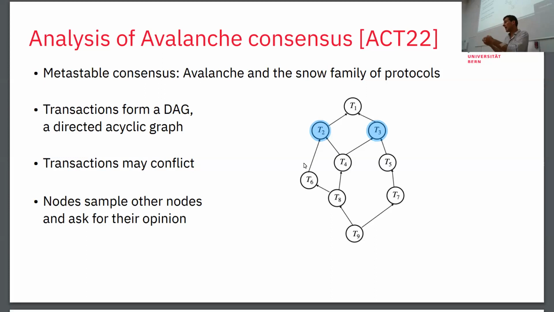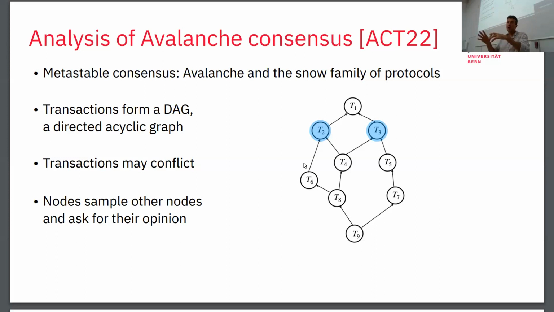And somehow, many of these unstructured voting protocols, and especially the Avalanche protocol, they build such a DAG of transactions, because if you process the transactions in parallel, as you can do in this graph here, T2 and T3, you can run on them in parallel. You can decide on them in parallel if they don't conflict, right? If they happen to conflict, we have a problem. So we cannot go here and include from T9, actually T4 is the culprit here. T4 would see that the two predecessors conflict. It could not go in like this. Yeah? It would not be approved. It would have to pick one side.